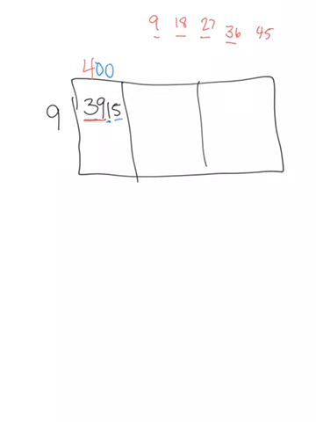Okay, so what we're going to do is actually do 400 times 9. So 4 times 9 is 36. And then I have 2 zeros behind it. And I'm going to subtract. 5 minus 0 is 5. 1 minus 0 is 1. 9 minus 6 is 3. 3 minus 3 is 0. What I'm going to do now is actually move this number,